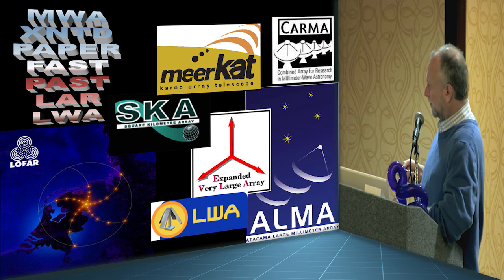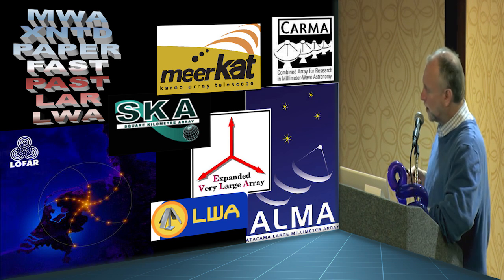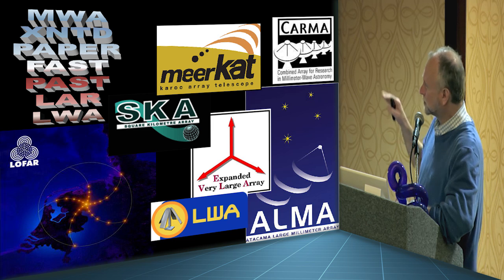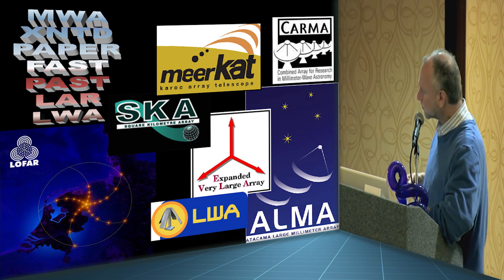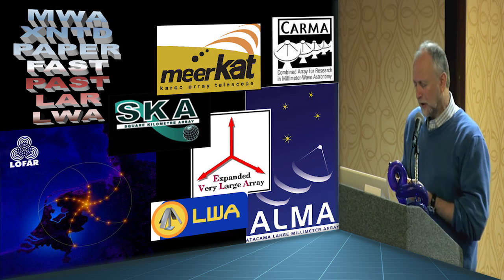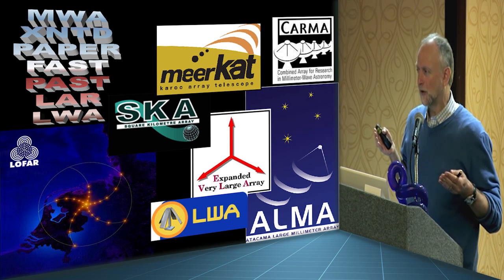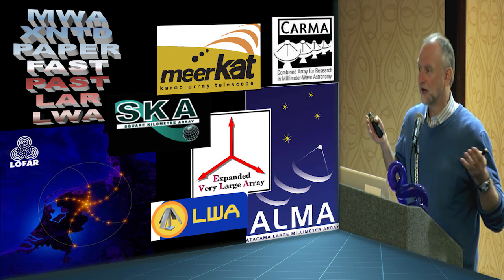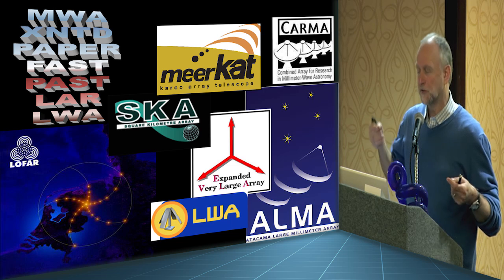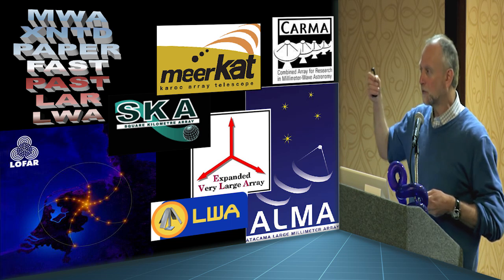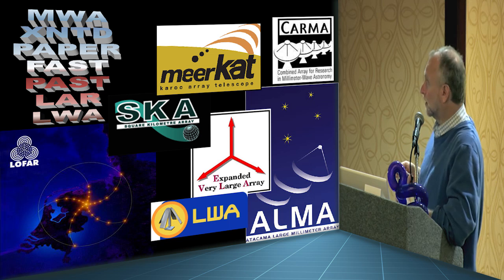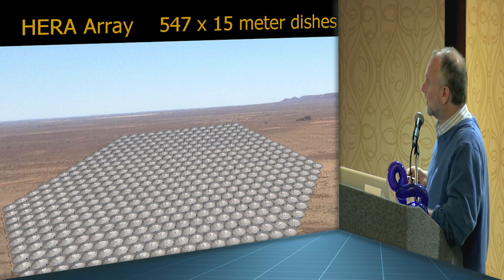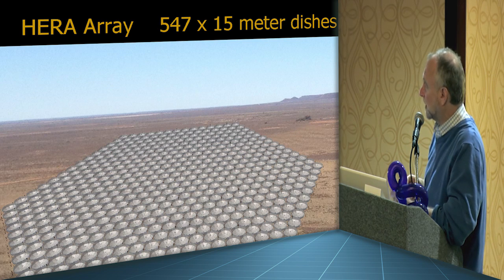The problems that we have are, as Paul mentioned, that we're building these arrays of telescopes. These are some of the new arrays that we're building. It used to be that we'd build single dish telescopes, like the Arecibo dish. That's a much easier problem. You just have one source of data, one receiver. But some of these arrays have thousands of telescopes, so we have to bring the data together and analyze it. This is one that we're building now in South Africa.